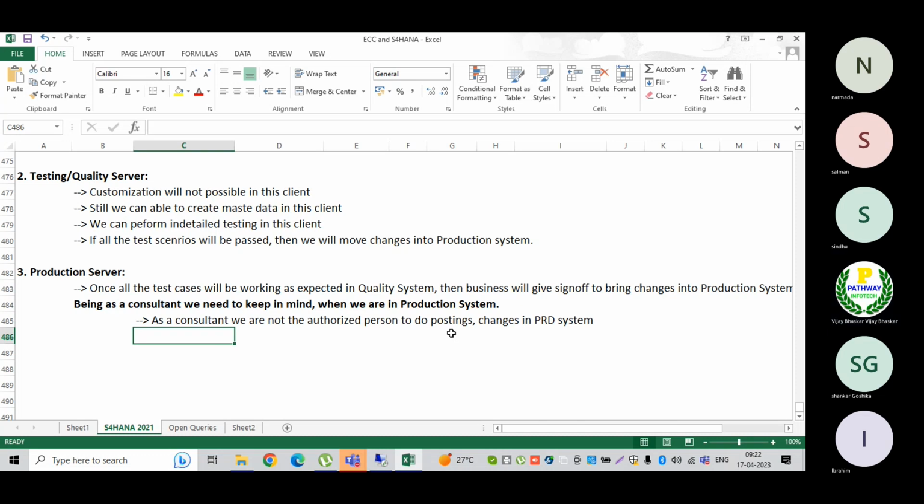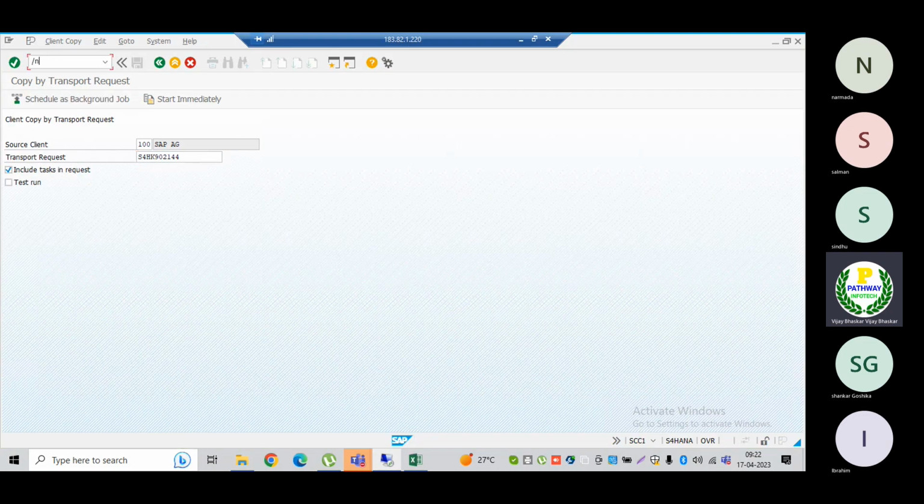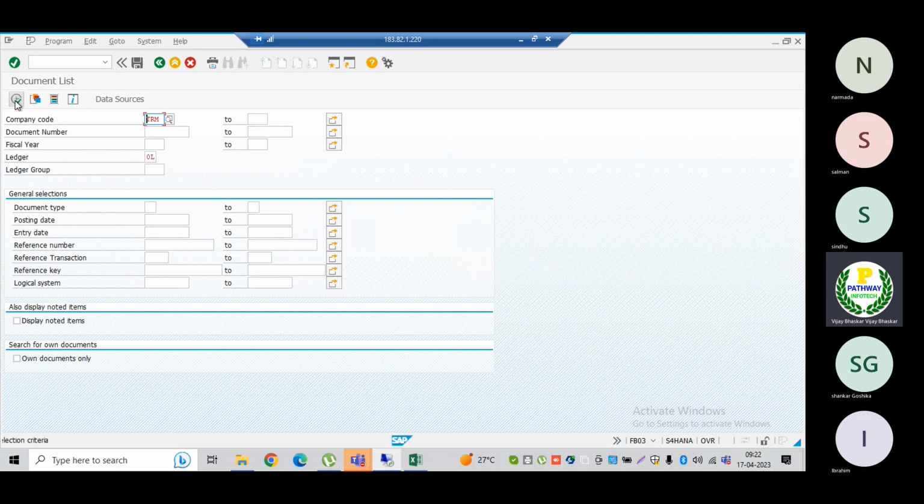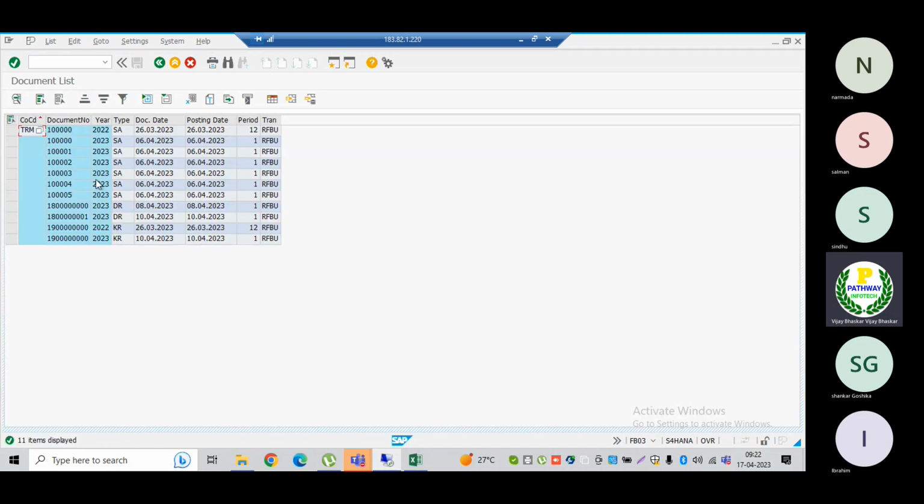Let's say this is about postings and changes. Suppose we display some documents here. Now what will business ask you? A simple thing.